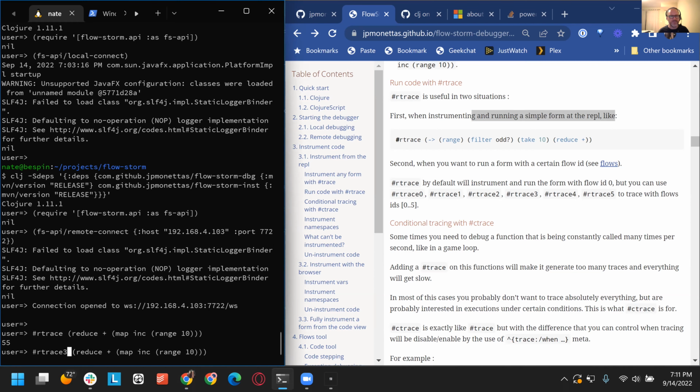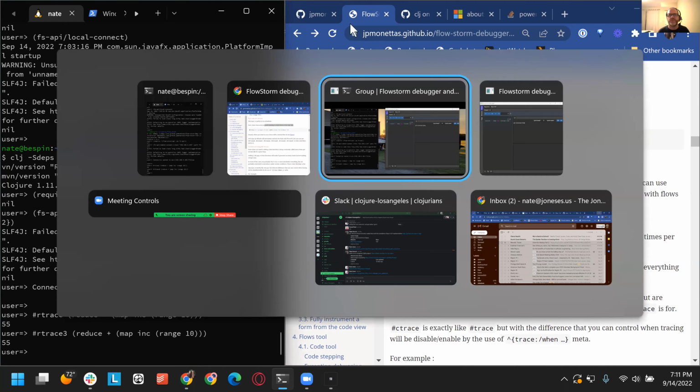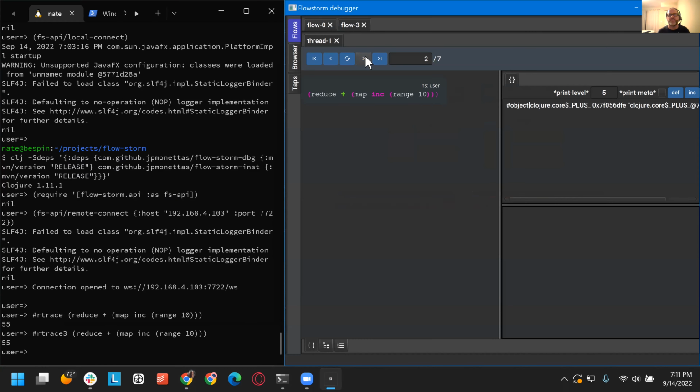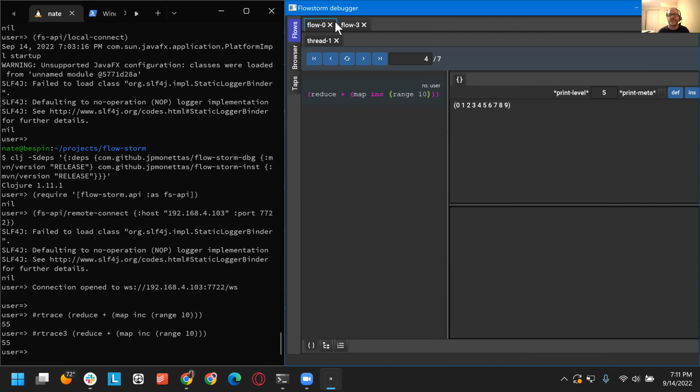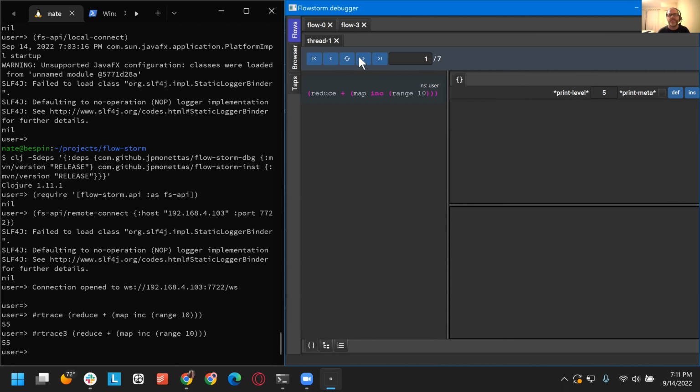Let's trace 3. Control flow 3. Cool. Of course, it's the same form in both of them, but